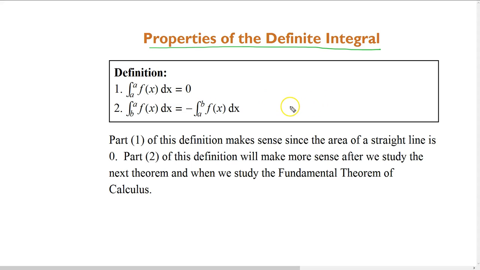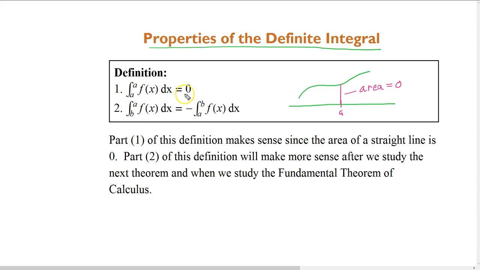And that makes sense because if you think about what the definite integral from a to a should represent for a function, if we have the graph of a function here, what the left-hand side here should represent would be the area underneath the graph of the curve from x equaling a to x equaling a. Well, what's the area of a straight line segment? Well, that area is 0. Area of a straight line is 0,